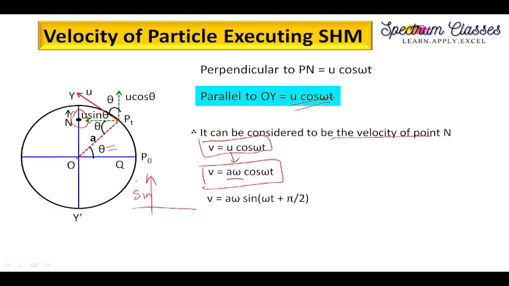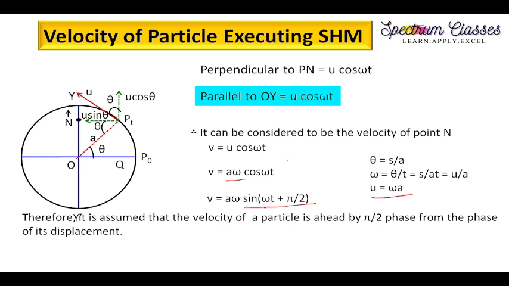I told you earlier, if I draw this line here, then this will be in terms of cos theta, and this will be in terms of sine theta. So I just make it in terms of sine theta. So cos omega t can also be written as sine omega t plus pi by 2, so that we can easily find out the value of phi.